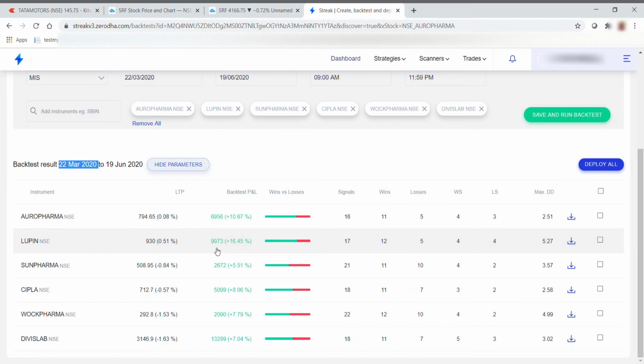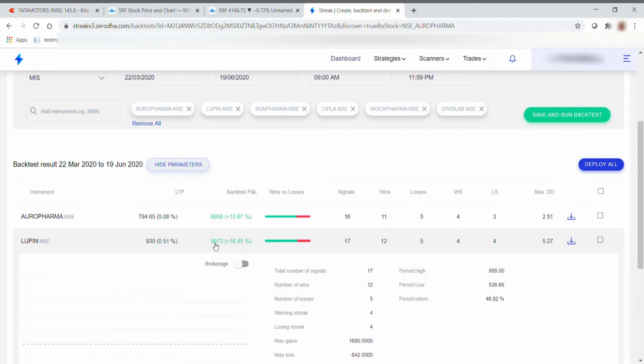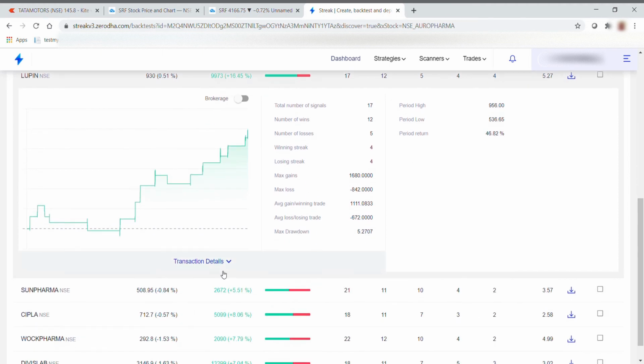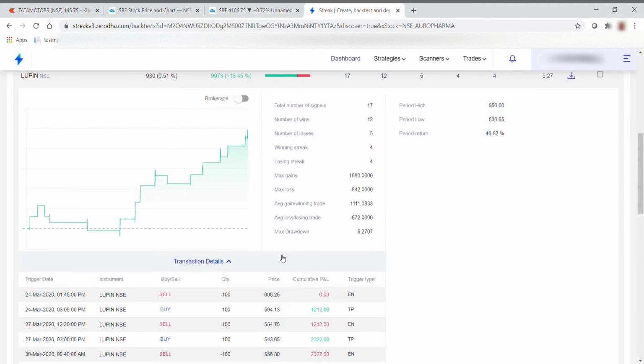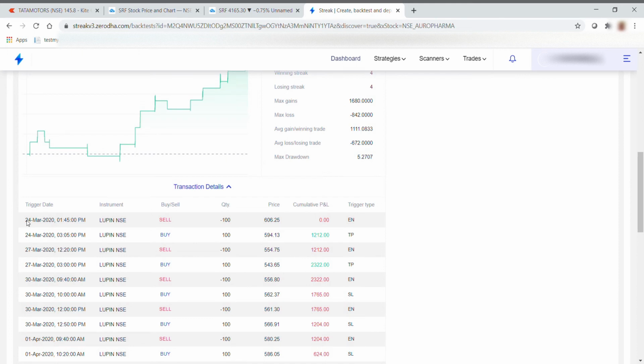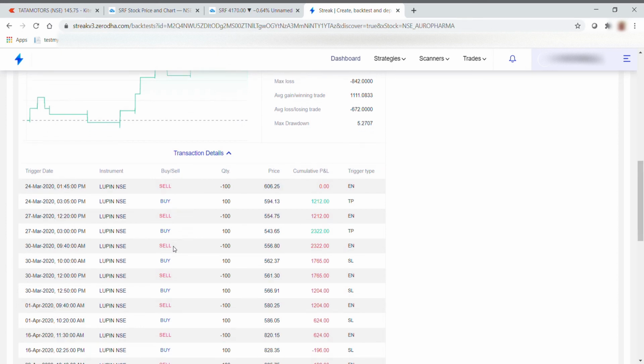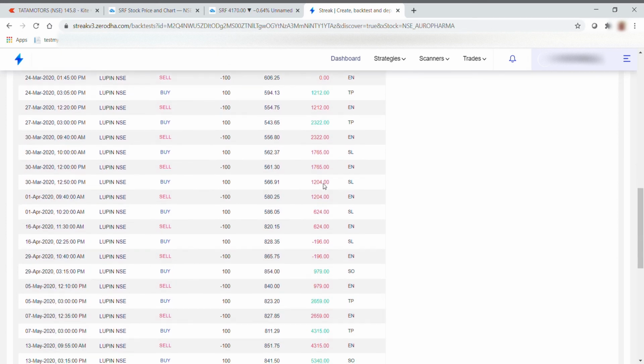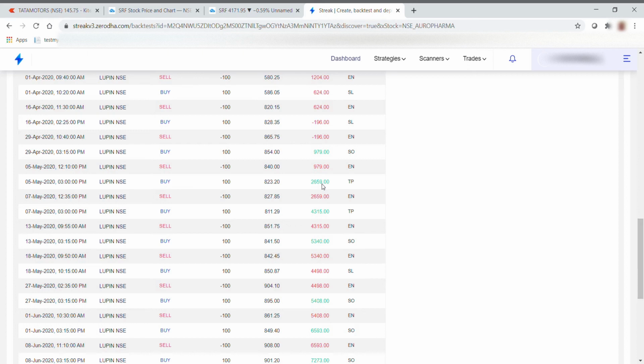You can expand it and see how the trade has done. If you click on transaction details, you see on what particular day this condition was met, and at what price we entered the trade. You see sell, buy, and all the profit and loss statement here with whatever risk reward ratio. Here we have given a 1:2 ratio.